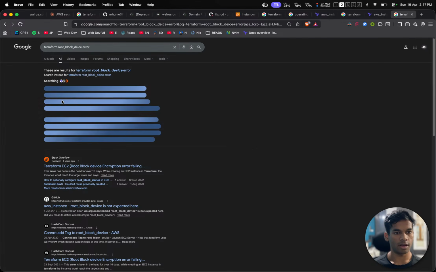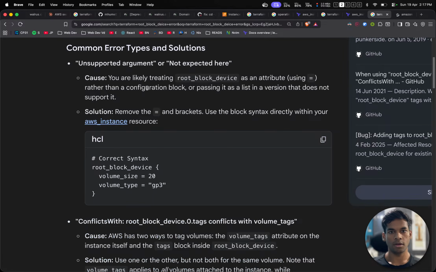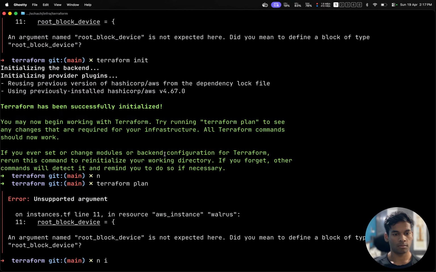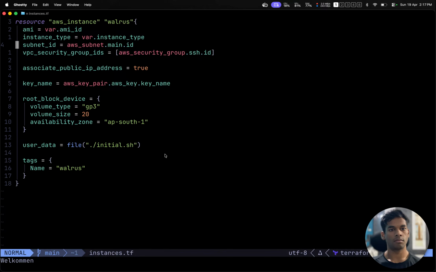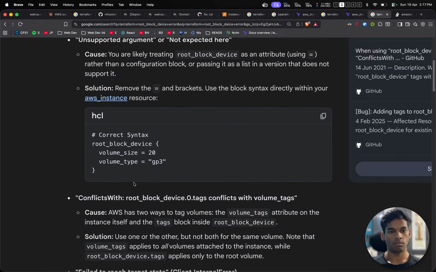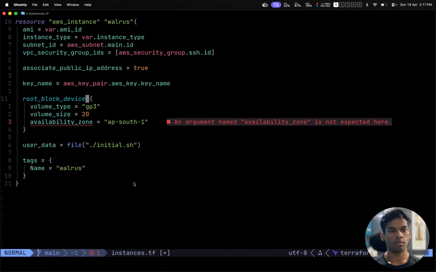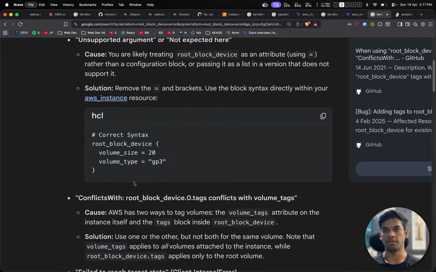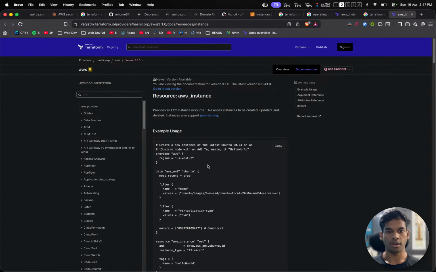Root block device error, 4 years ago. Encryption error failing. Not expected. Yes. Root block device solution. Oh, we just remove this availability zone. An argument is not expected here. Availability zone. Okay. We do not use equal to in this when we are defining this. And what are the other options that we can